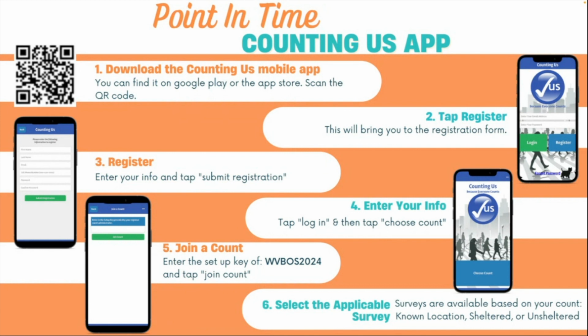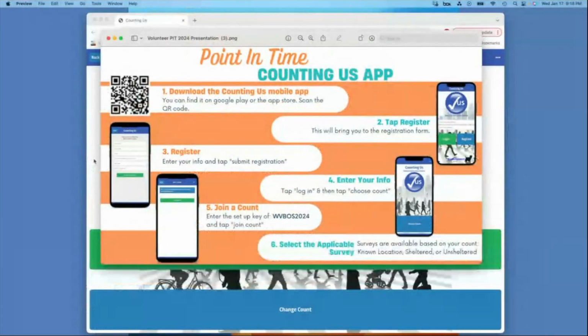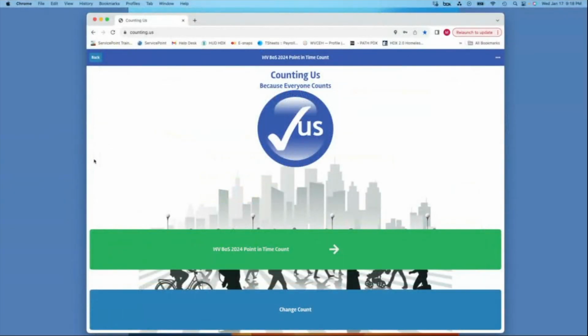pit@wvceh.org. You can find them on our website, wvceh.org, or your county captain can provide you with this information as well. Once downloaded, you should be able to find the County Nuts icon on the screen of your smart device. All you have to do is tap on the icon and it'll go into the app. Now, if this is the first time you're downloading it, you may find an initial registration screen you have to do. Once you're logged in and go through that initial registration process,